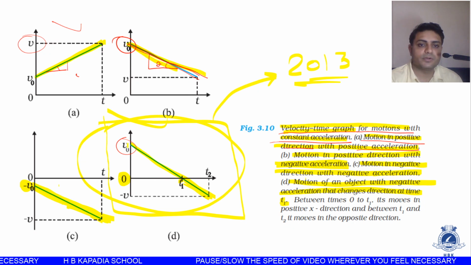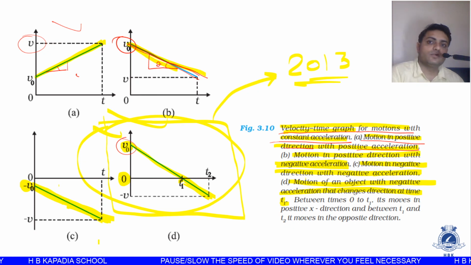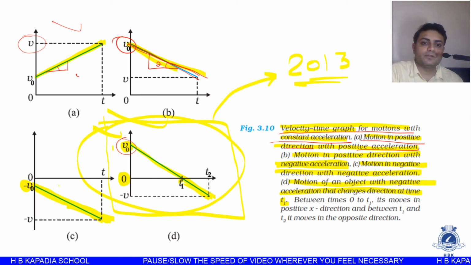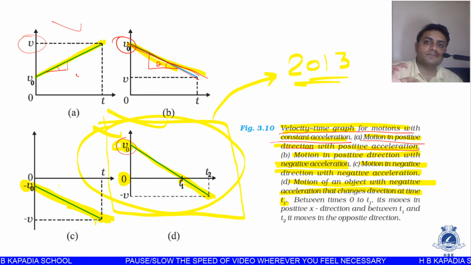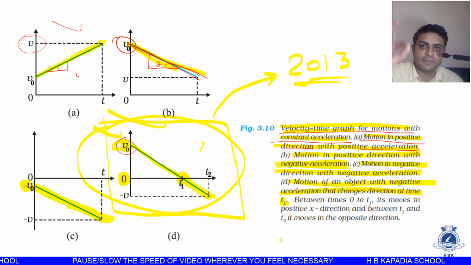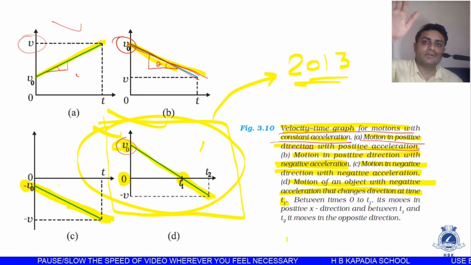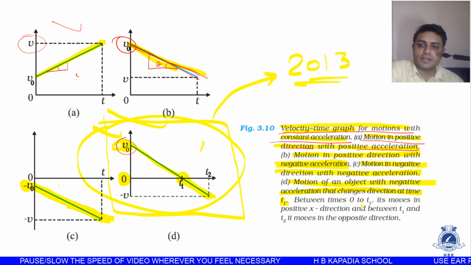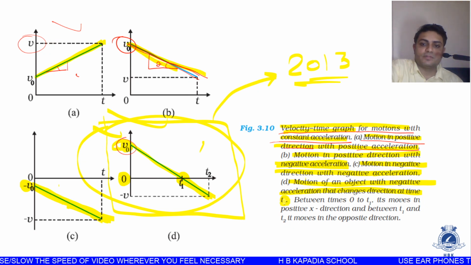So when the object is thrown in upward direction, initially velocity is not 0. We are throwing the object in upward direction, so we are giving some velocity. But when the object is going in upward direction, at some particular point the velocity becomes 0. See, at time t1 velocity becomes 0, and when it comes back, we can say it has changed its direction. Initially it was moving in upward direction, but later on it is moving in downward direction. So at particular time t1, the direction is changed, and it is moving towards the negative direction.